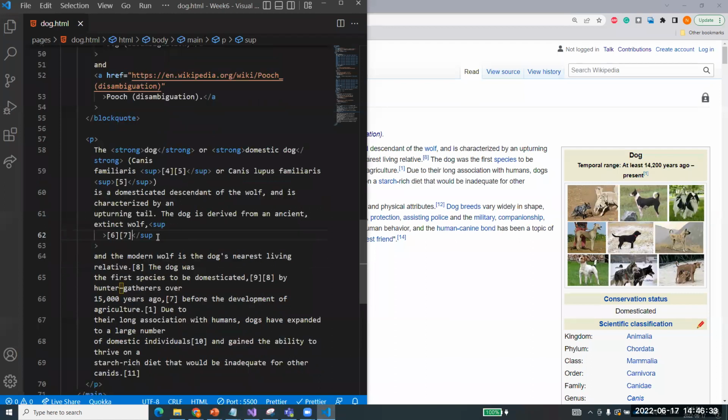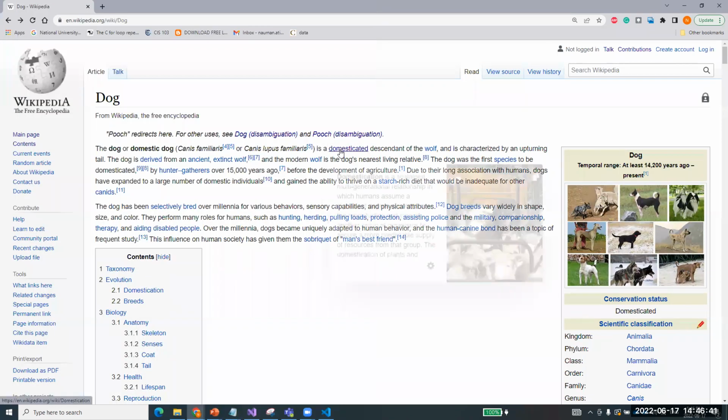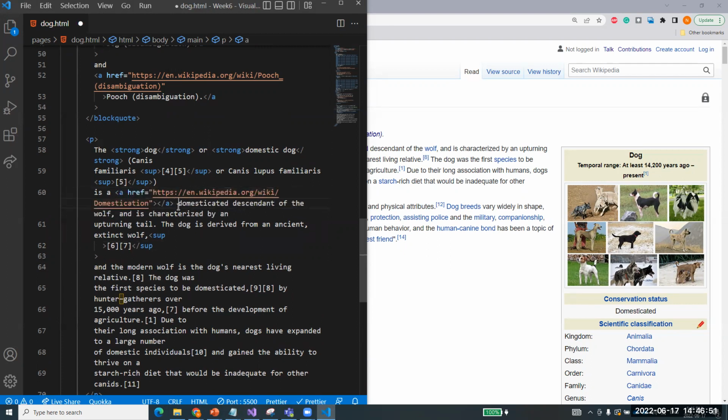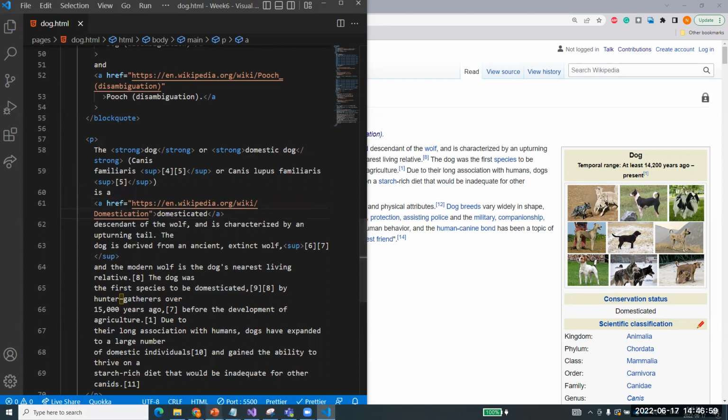So I'll come over here and say, okay, where is that domesticated? What's that linked to? It is domesticated, right? So I'll come over here and make this link. I'll say a href is equal to the link that I've copied, and I'll copy this domesticated one, right? Now, if you see my document,